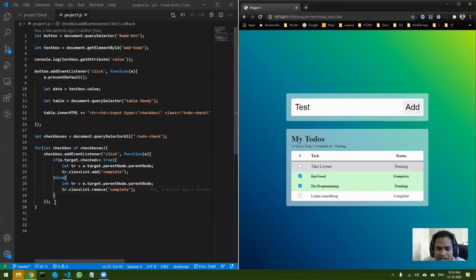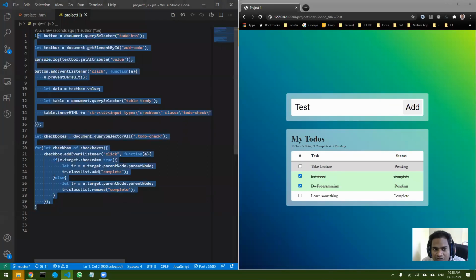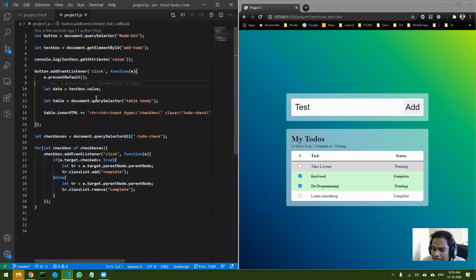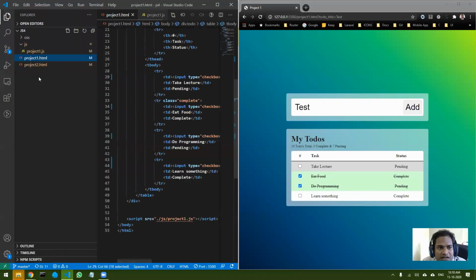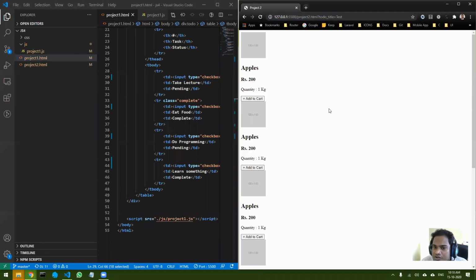I will not be sharing the JavaScript code because I want you all to try it out yourself. This is my logic of doing it. If you have any better way of doing it, I would like to see that also. Three things are remaining in this. There is one more project that I would like you to try, and that also we will see tomorrow. That is project 2.